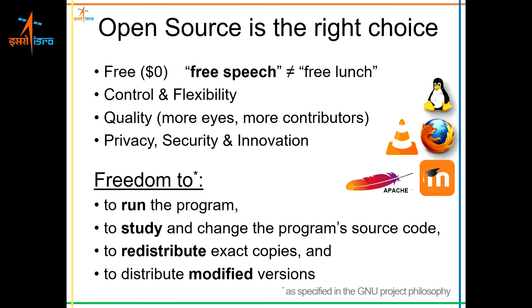Now, since the software's source code, that is the program in which it is written, is available, you have the freedom to study it, change it. You have the permission to redistribute exact copies. You don't have to crack it or steal it from somebody. You are free to give that copy of that software to anybody legally. And lastly, if you invest some time, effort in modifying it, making it better, you are also free to redistribute modified versions of this software. So this is in a nutshell what open source is about.